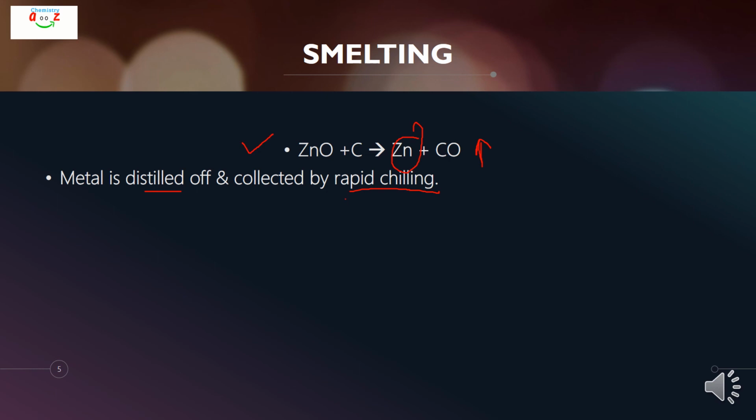Hope you clearly understand the extraction of zinc by different methods and the names of the ores zincite, calamine and zinc blende. From these, extraction is done only with zinc blende: with froth flotation, that is the concentration of ore process, then roasting and smelting are done. Finally we do electrolytic refining and we get the pure form of zinc.